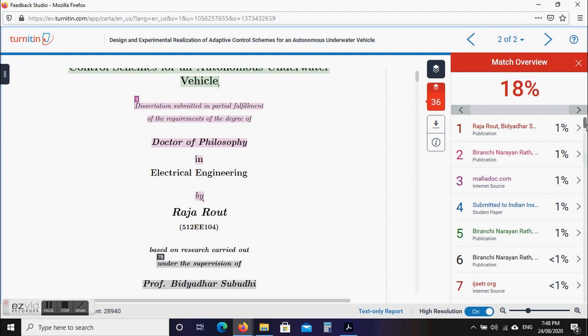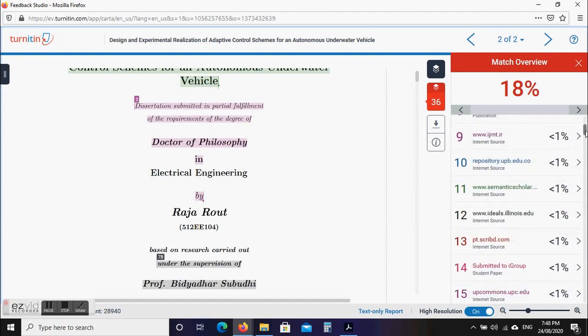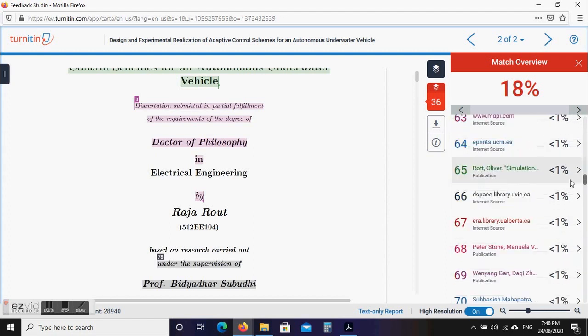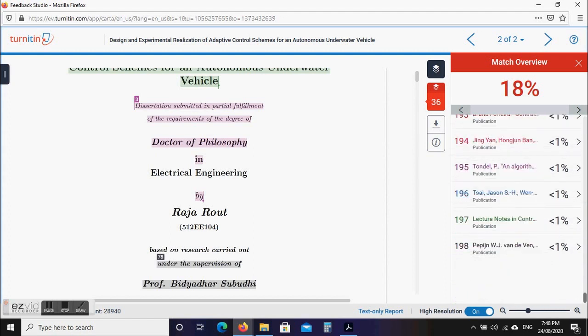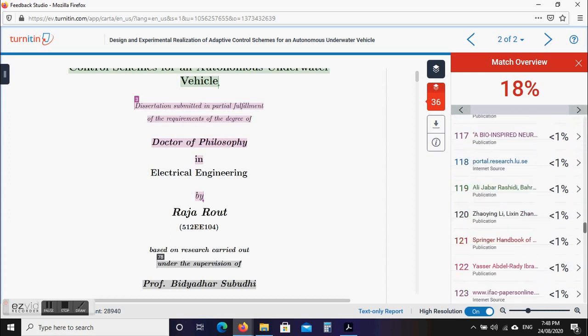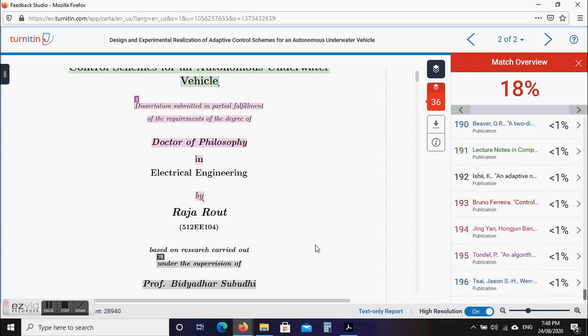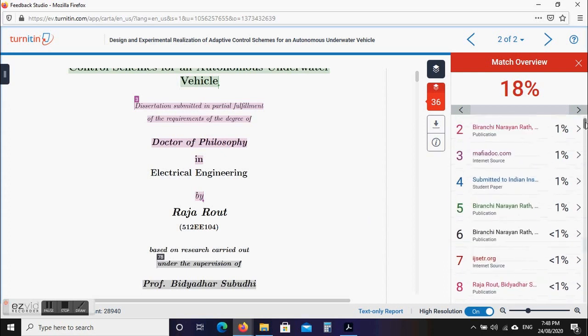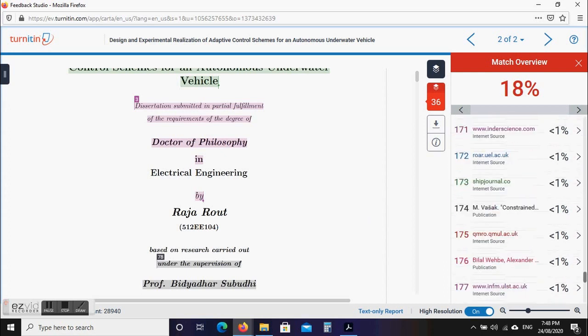So one by one, a lot of work you need to do to find out the actual similarity. Similarly, these are less than 1% resources. You can see these 198 resources are matching with your publication.